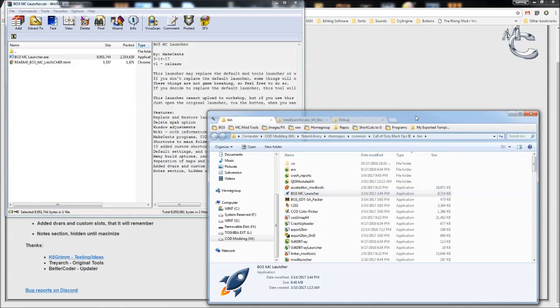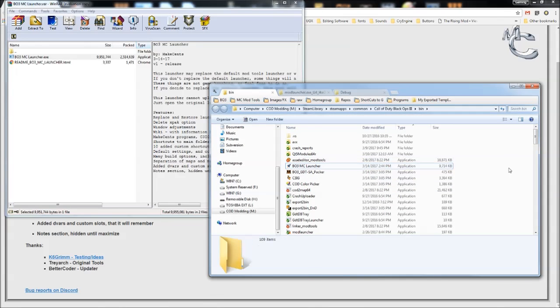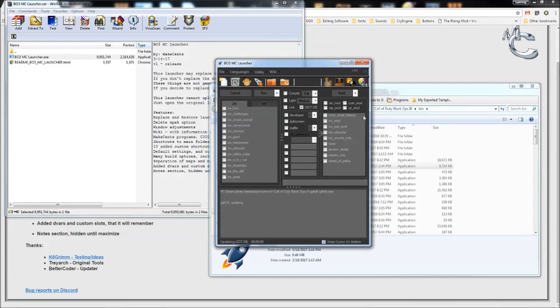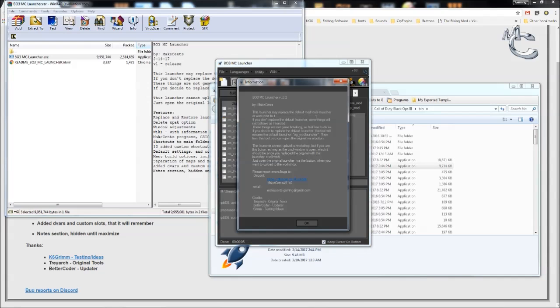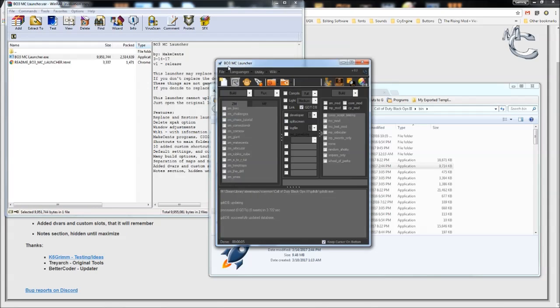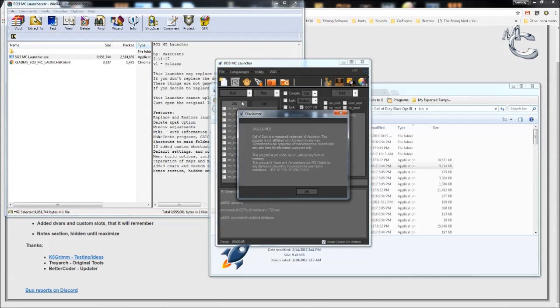You drag the tool into your root bin folder. See, mine is here. From here, you can use the tool. Simply double click to open it. We have information about the tool, a link to my site, a disclaimer,